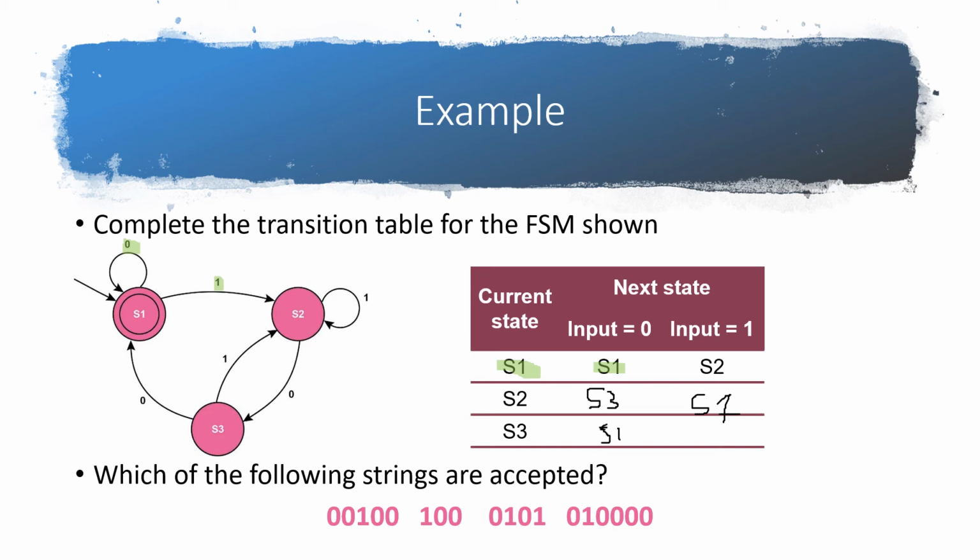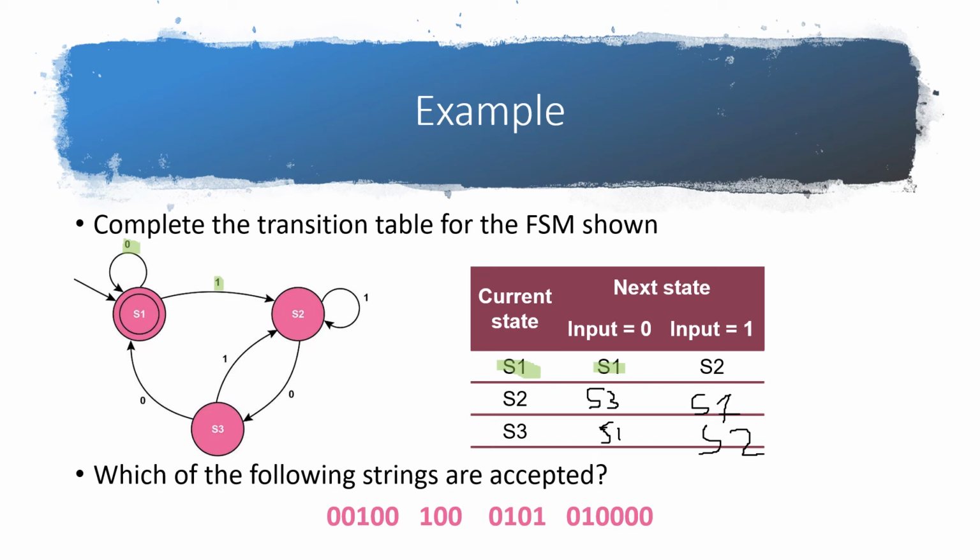And if we have an input of a 1, we're going to move to S2. So that's how we could easily fill out that particular